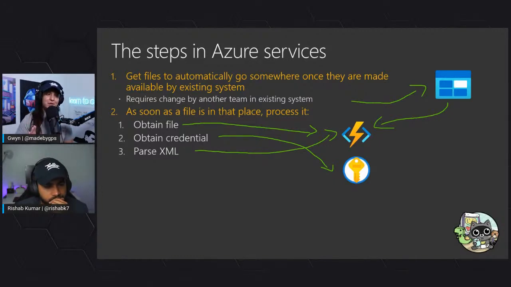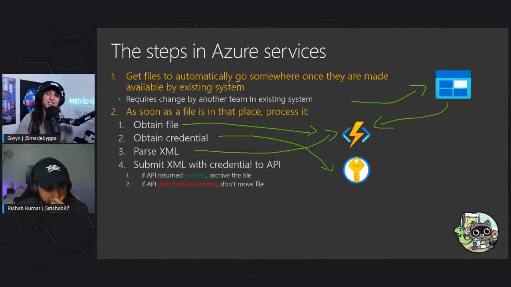Now, remember I told everyone there is one big change I would make in my updated solution if I were to rebuild this thing in 2022. I'm going to tell you, in this slide, you can probably get a feel for what it was, but pay attention. Okay, so then we've got to submit the XML with the credential to the API, and regardless of the response, we need to save that too. The actual submission of that data will be done from that function as well.